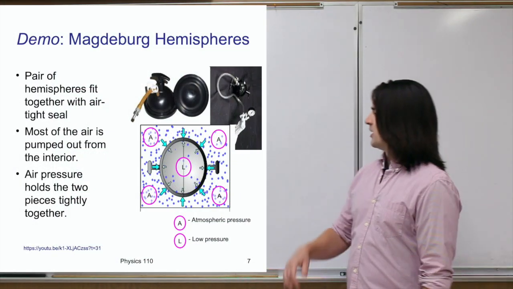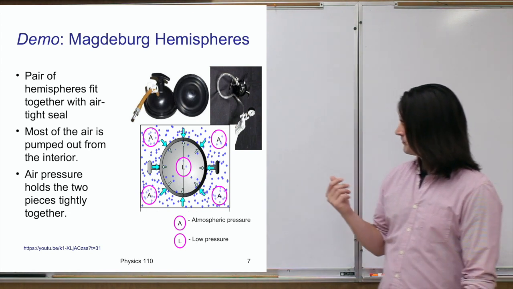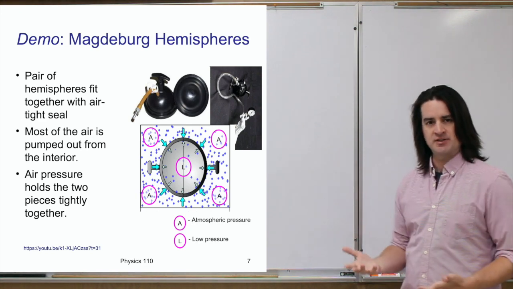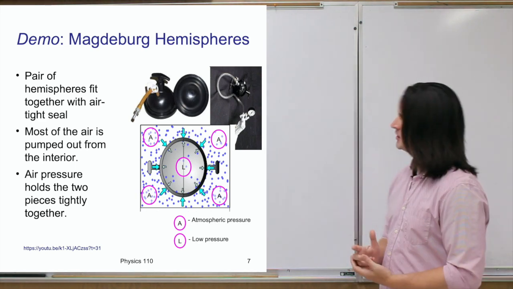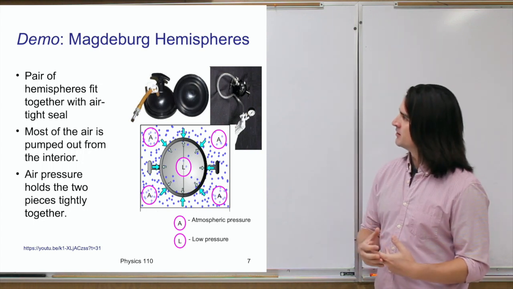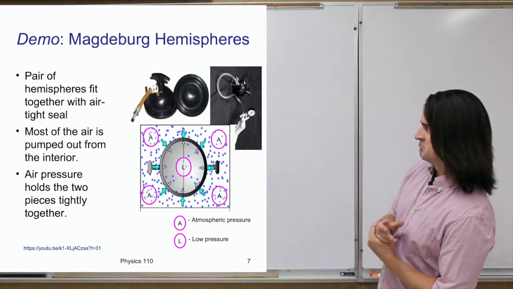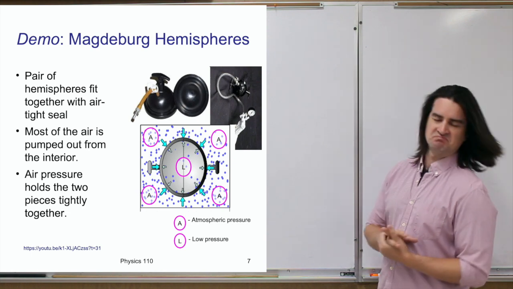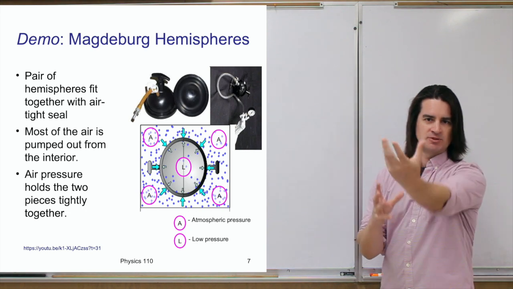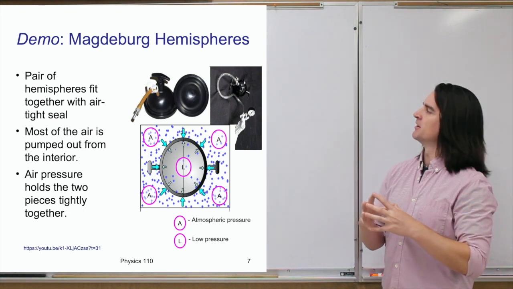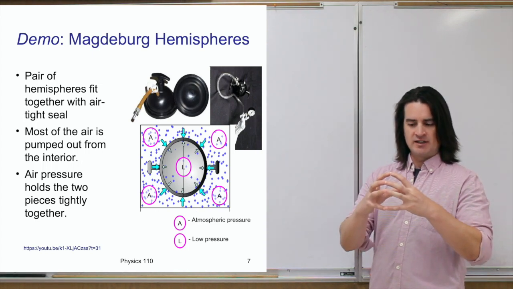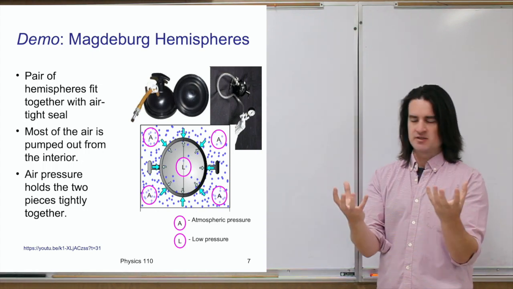All right, so another example of atmospheric pressure and how great it actually is, how much pressure it actually is, you can see with these things they call Magdeburg, I think, hemispheres, named after some person, I'm sure, who came up with this idea. But essentially, you can take a sphere and slice it in half, so you have two hemispheres,